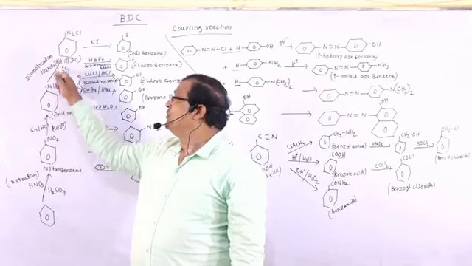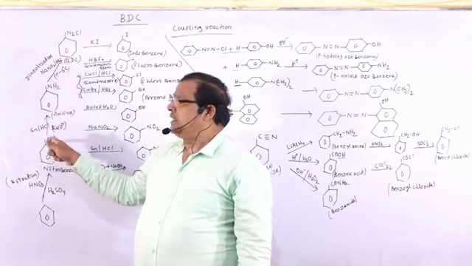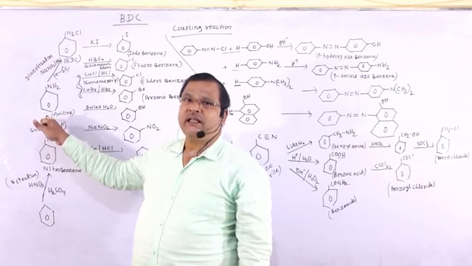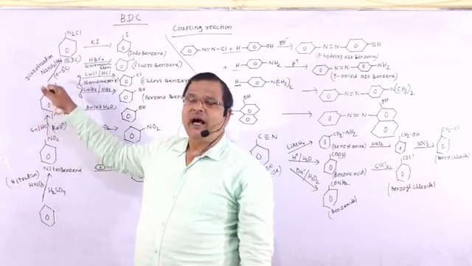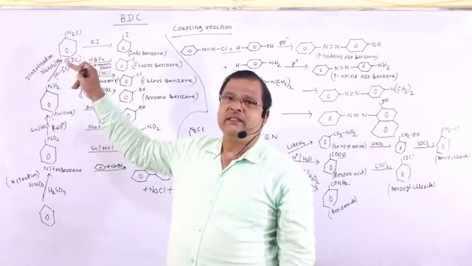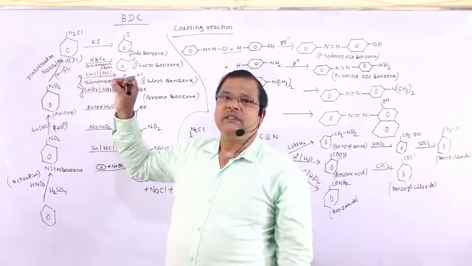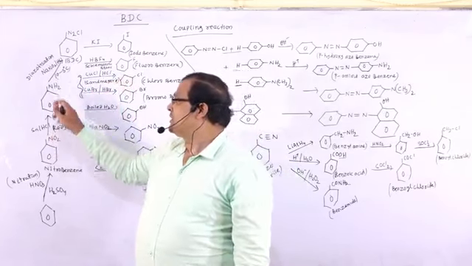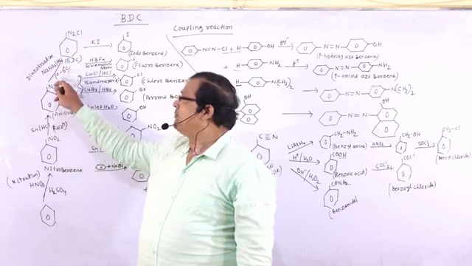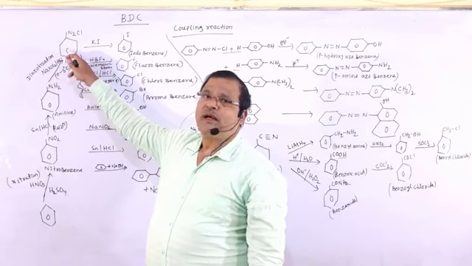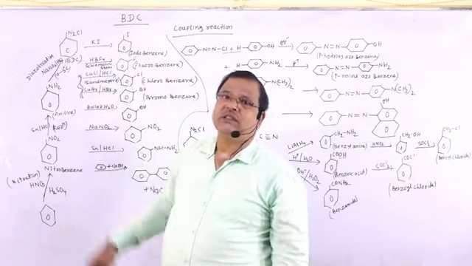If it is from nitrobenzene, we have to do two reactions. Nitrobenzene is reduced with tin and HCl to form aniline. Aniline treated with NaNO2 and HCl forms BDC at about 0 to 5 degrees centigrade. We have to write down these two equations. The preparation questions carry 3 marks, and the rest 4 marks, any one of these two questions.